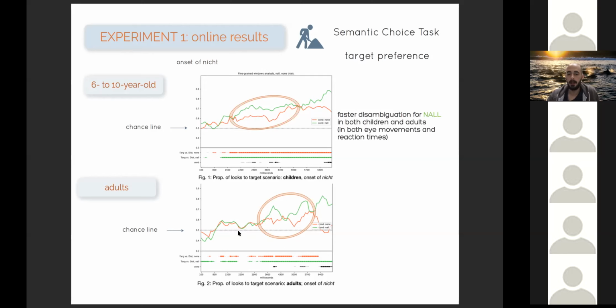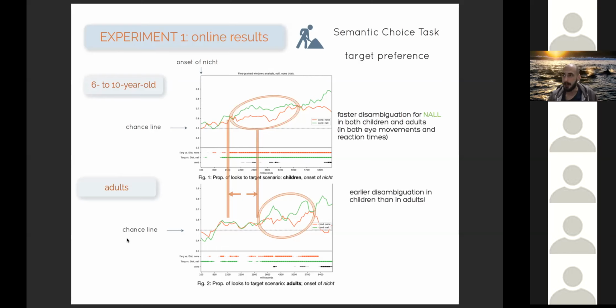But more interestingly, the difference between the two conditions only popped up at about 4 seconds. Very, very late in time. So 4 seconds after you hear nicht, almost at the very end of the sentence. Whereas in the children, you see this difference very early, already at 2 seconds from the onset of the sentence, okay? So what it shows is that you had an early disambiguation in children compared to adults, which is quite surprising